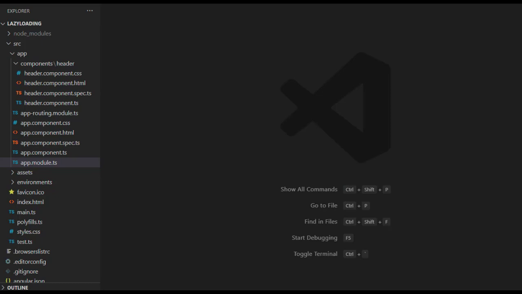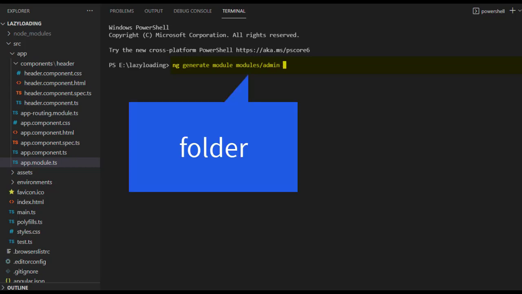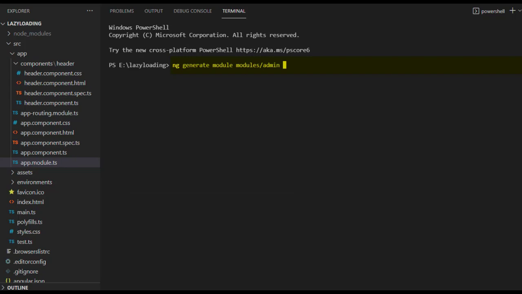So we'll open terminal by giving Ctrl backtick. Here we'll enter the command ng generate module, then I'll write here modules/admin. Here I am creating a folder called modules. In that folder I am storing admin module and also user module. So for this command, next we'll write --route admin --module app.module. Next we'll give enter. So that